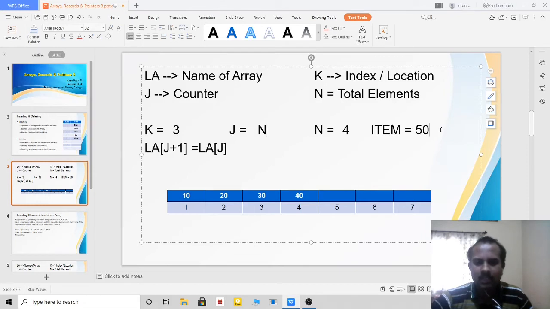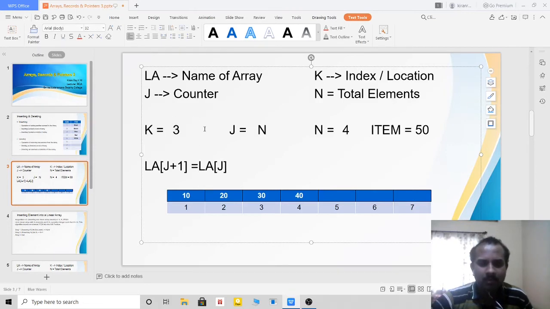Okay. But till where I have to do the changes? Till my j value is greater than or equal to k value. So I will write the condition while j is greater than or equal to k. Till there I have to do the changes. Why is this condition required? Please check here.